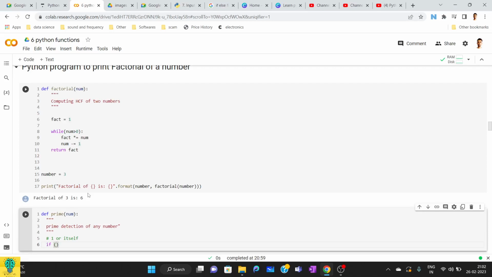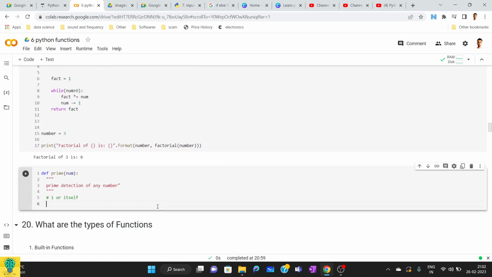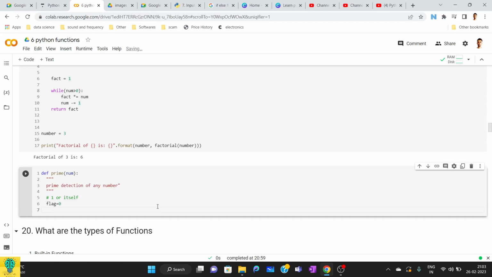So I'm going to count how many times a number is getting divided. If it is getting divided, then it is not a prime. So I'm making a flag, a variable flag, and its value is 0. Now, n,